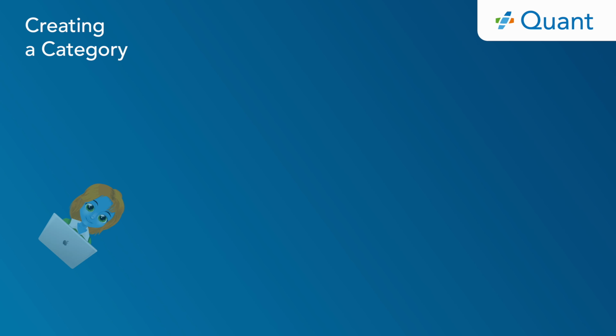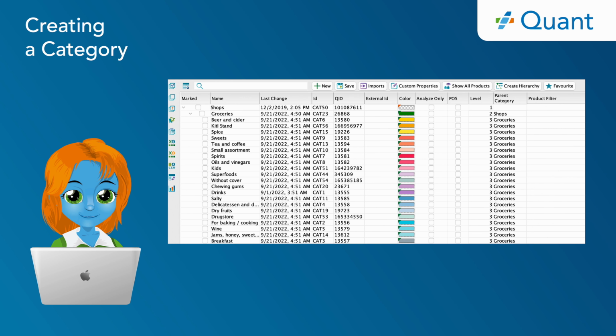Now we need to divide all products into categories. In the Categories section, you can create a category hierarchy consisting of parent categories and subcategories. Together we will learn how to create a hierarchy automatically using the data from your already uploaded product sheet. Nevertheless, it is possible to create the individual categories and hierarchy manually as well.